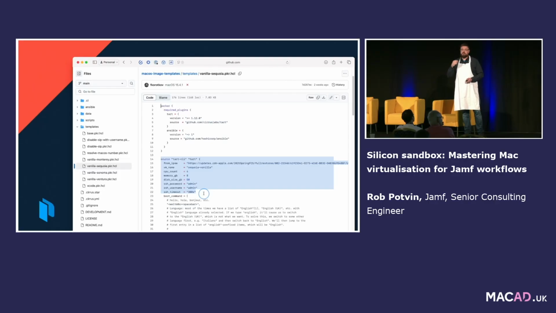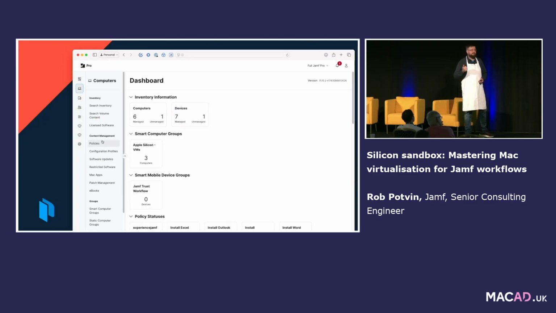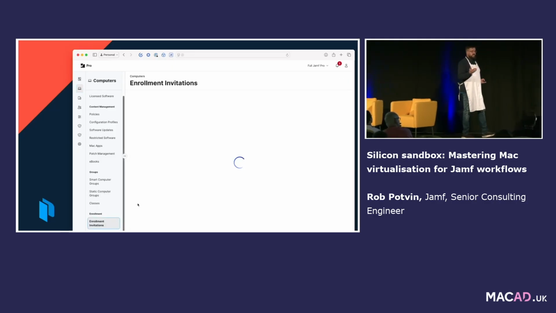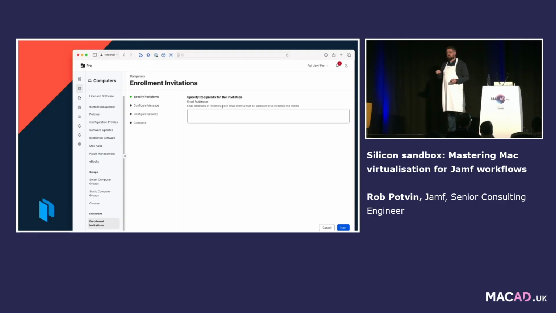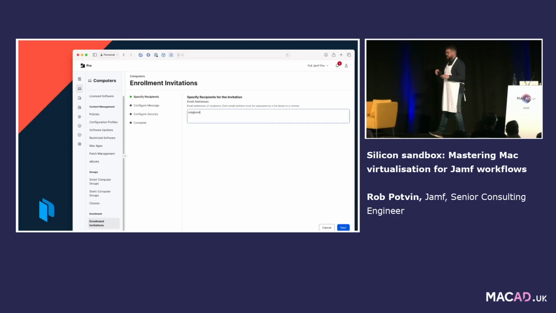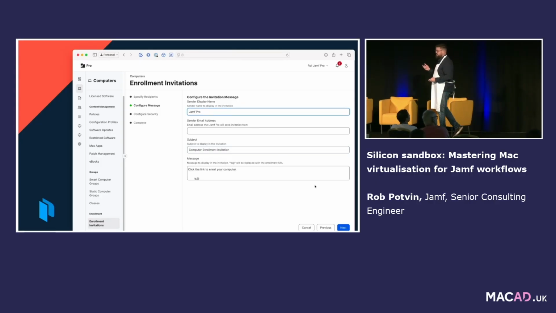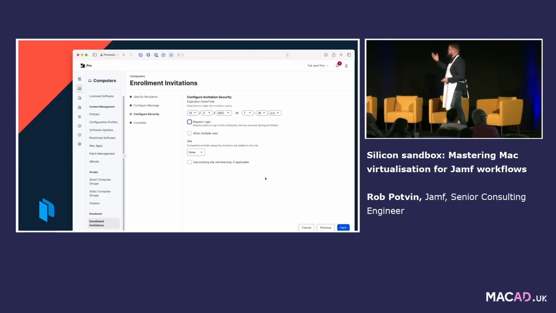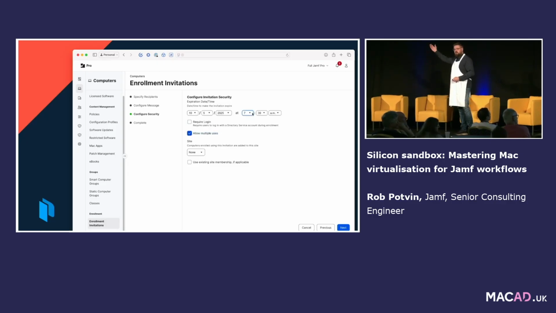And the next thing we do to make this enrollment a little bit quicker is get an enrollment invitation from Jamf Pro. So we need to go to Jamf Pro. We go down to enrollment invitations. And here we can email, and I'm doing that in quotes because we're not really going to email it. We just need that invitation ID. And this is how we generate one. You can also generate this via the API, but yeah, it's a GUI. It's nice.